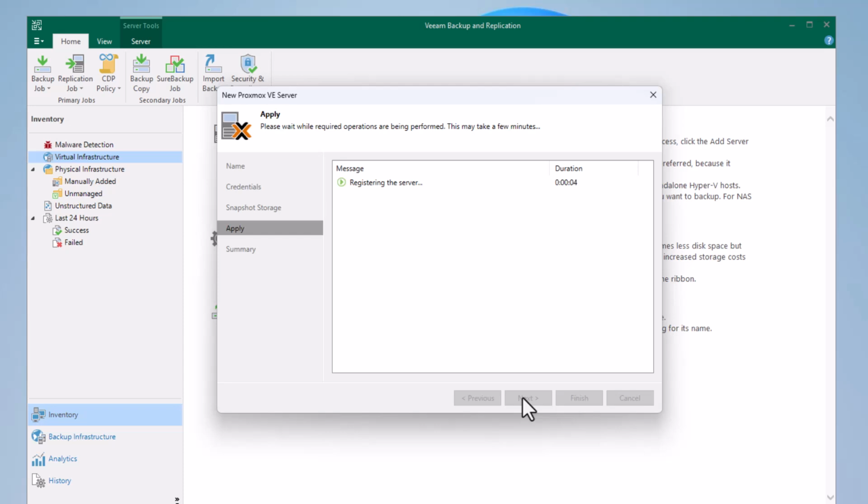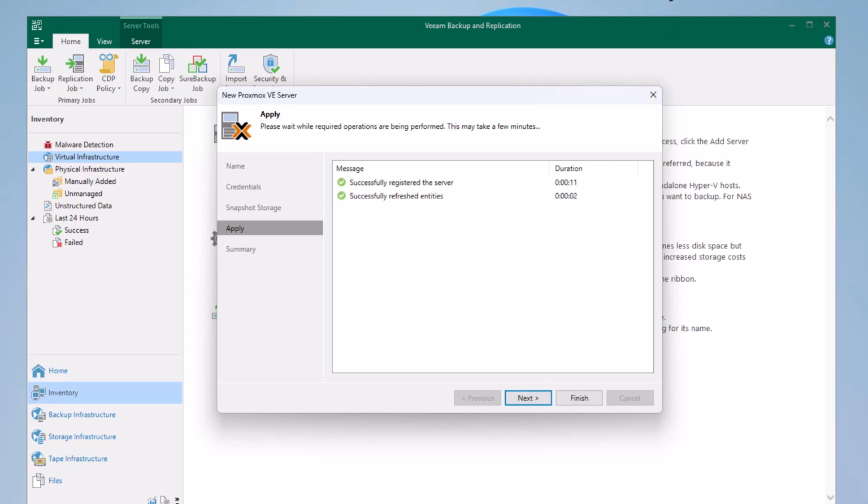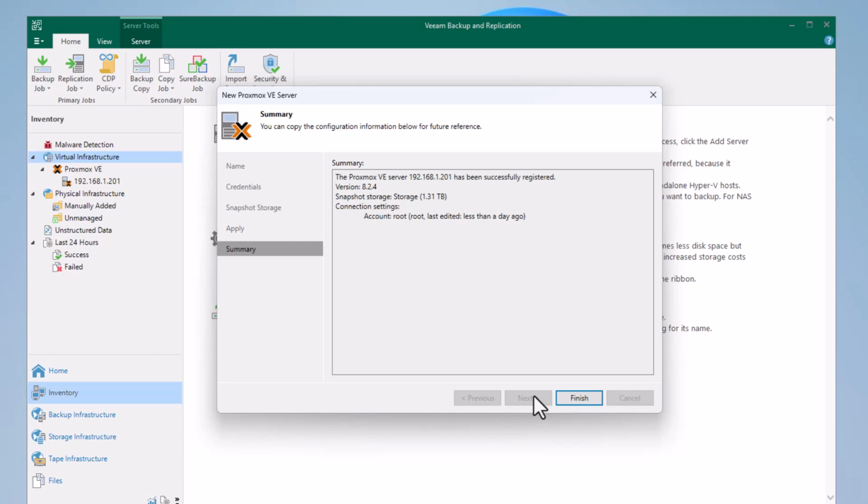Now we have to wait for the required operation to be performed. And as you can see here, our Proxmox server has been successfully registered. So now we go next